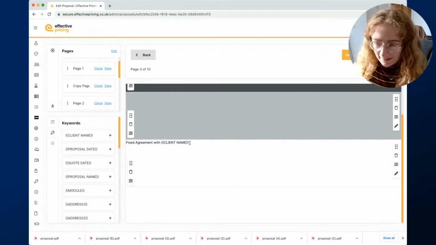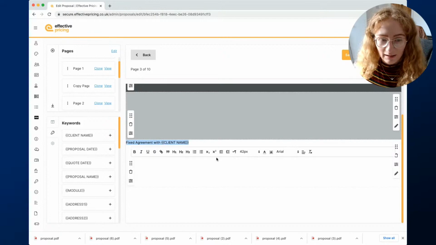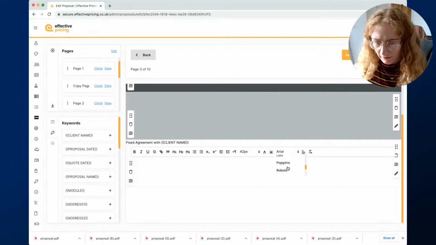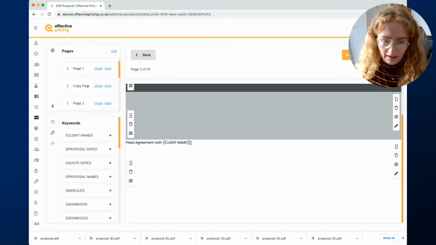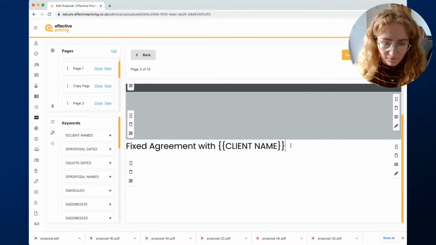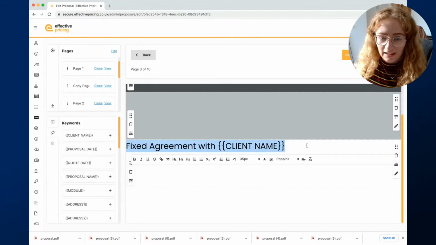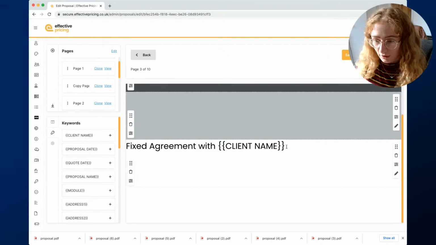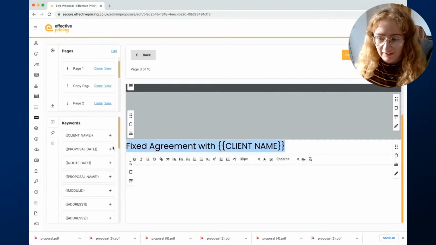I can then edit this text by highlighting it, and that brings up all of the things that I can do with it. I can make it bold, italics, I can change the font size and the font itself. So just to match the one that I did on the other page, I'm going to make it into this Poppins font, and I'm going to make it, I think, 35. I just highlight, so you might notice every time I click off, that bar goes away, that editor bar goes away. I just need to highlight the text every time, and that brings the bar back up for me to